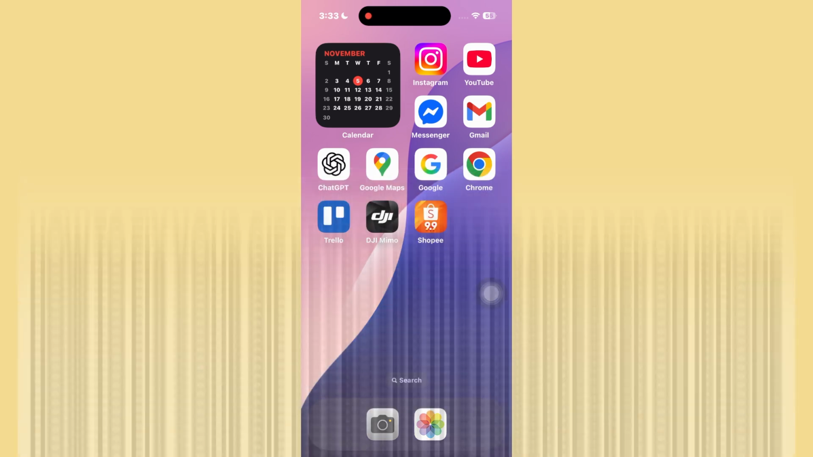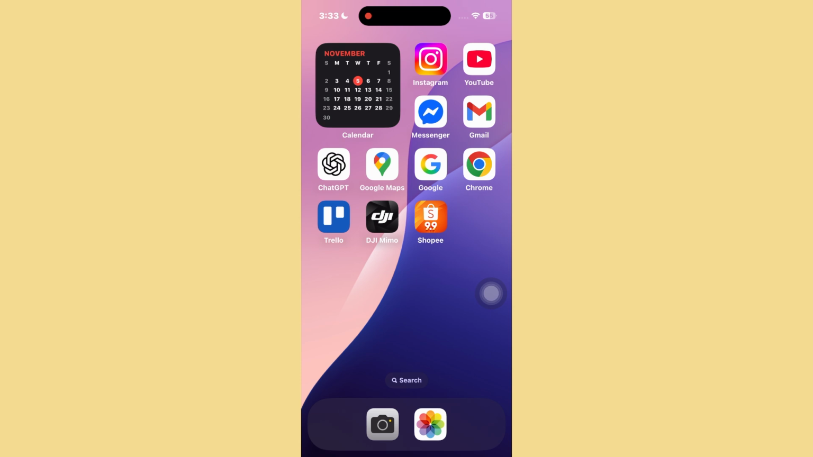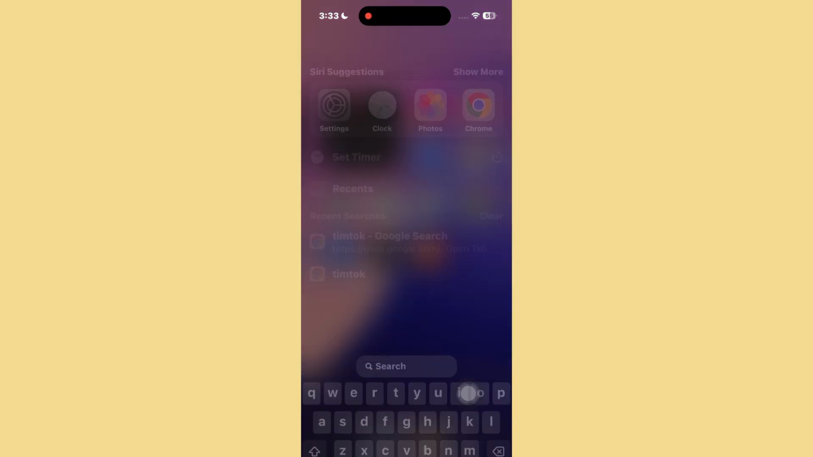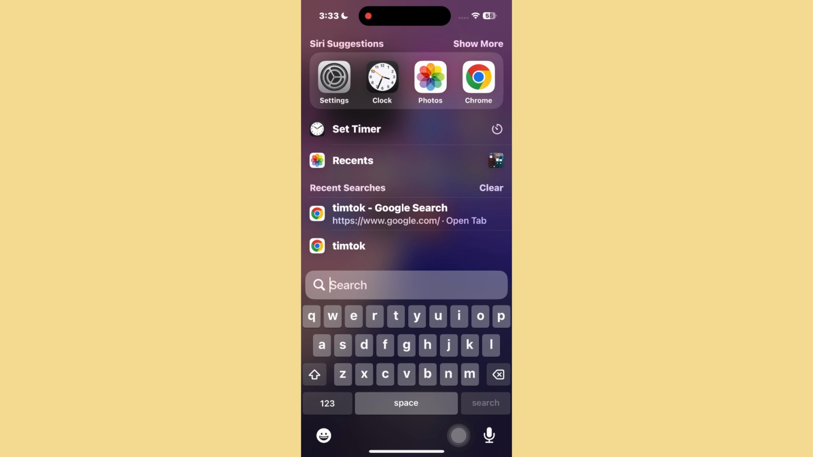So guys, one thing that you should consider is restarting your iPhone. Now, if that doesn't work, guys, another thing that you have to make sure is you are running the latest